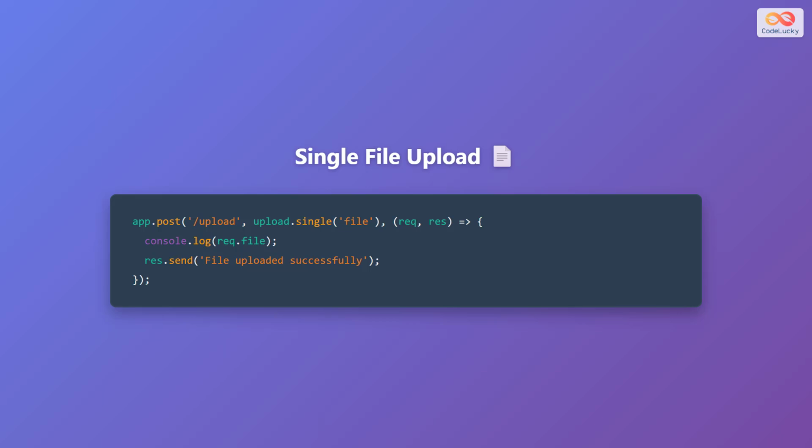Here is the code. app.post('/upload', upload.single('file'), (req, res) => { console.log(req.file); res.send('File uploaded successfully'); });